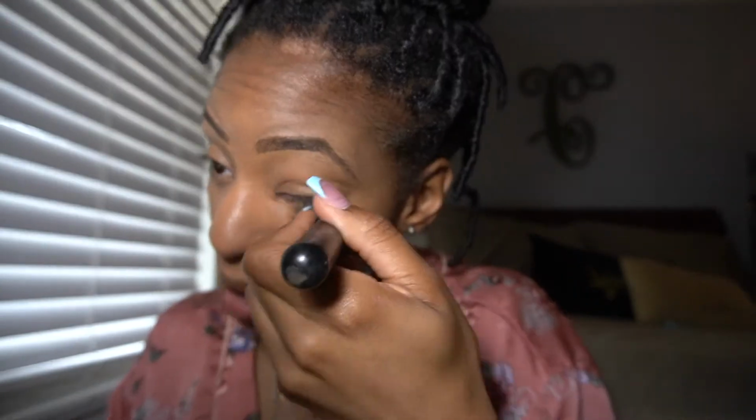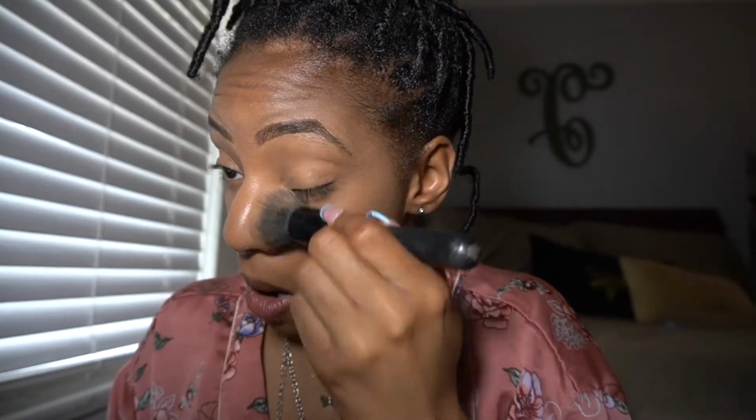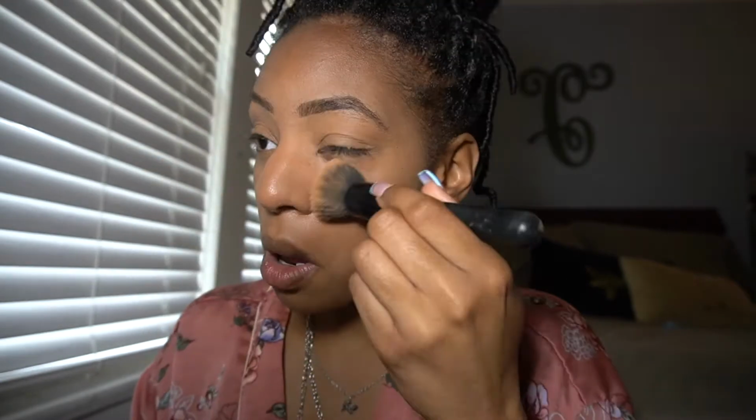All right, so next up, we're gonna go and blend in my under eyes. I like to do it with my foundation brush. Not dragging it down, but trying to drag it up. Next up,